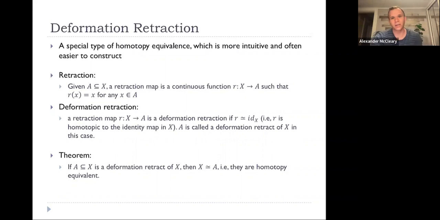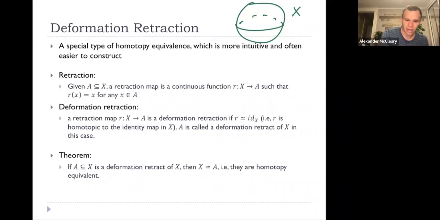So the picture here is that we have some topological space X, and then we have some subset of it, A. And so a retraction map is a map from X to A such that